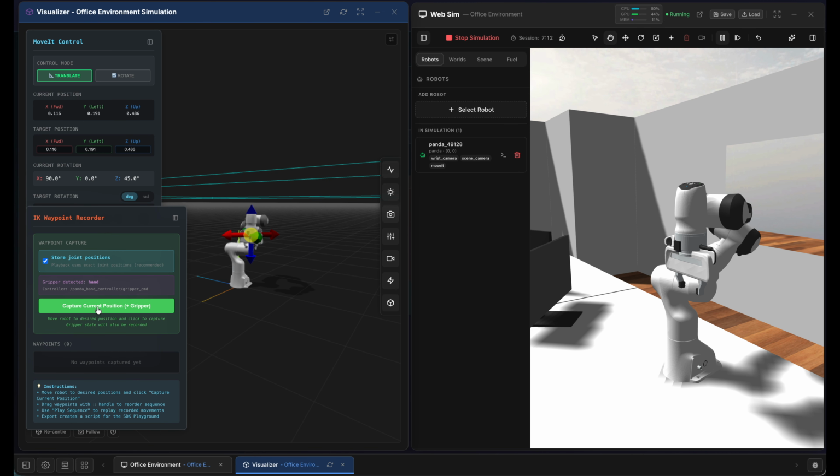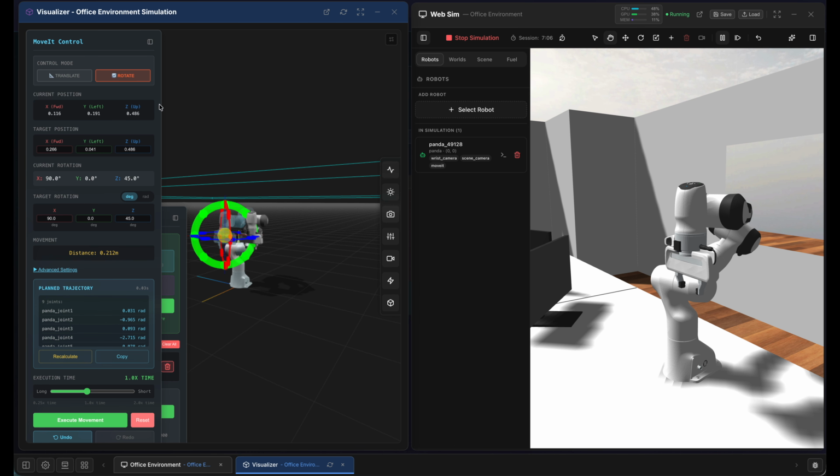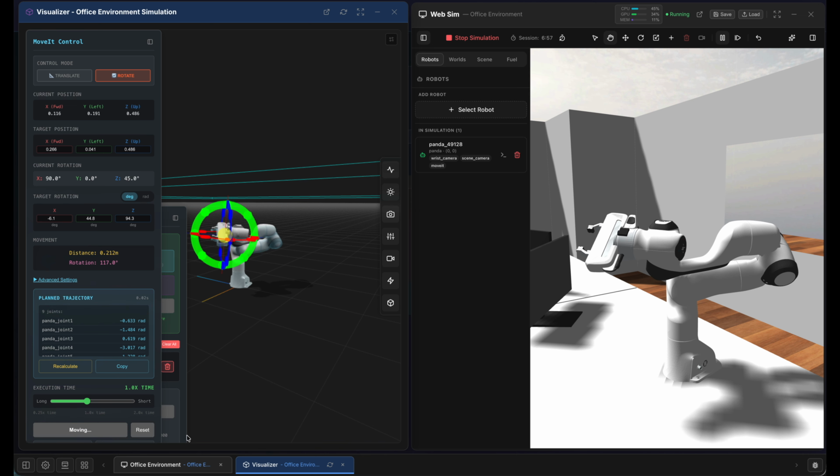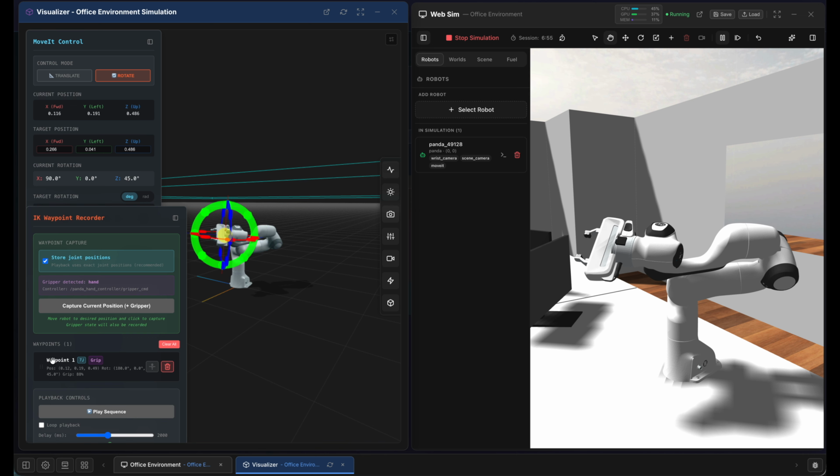Let's move the arm again, and let's rotate the end effector, let's rotate the gripper, and around it goes. And we'll execute that movement. There we go, we can see it happening within the sim and within the visualizer. Again, on the IK waypoint recorder, let's capture that position. And let's move it one more time